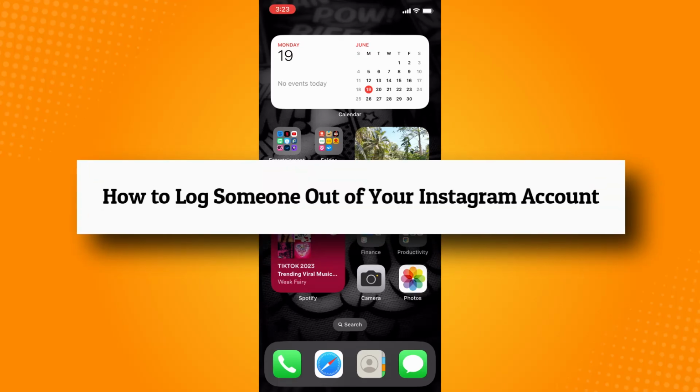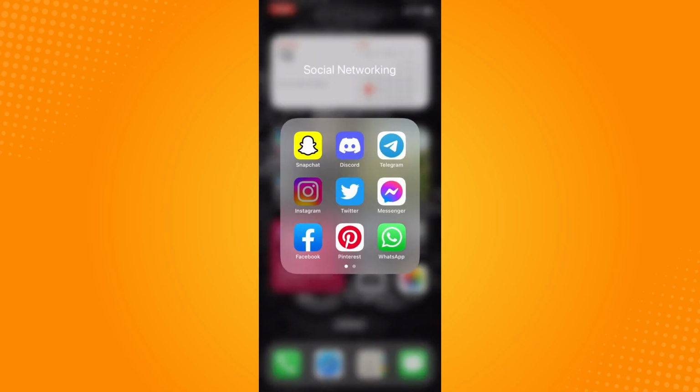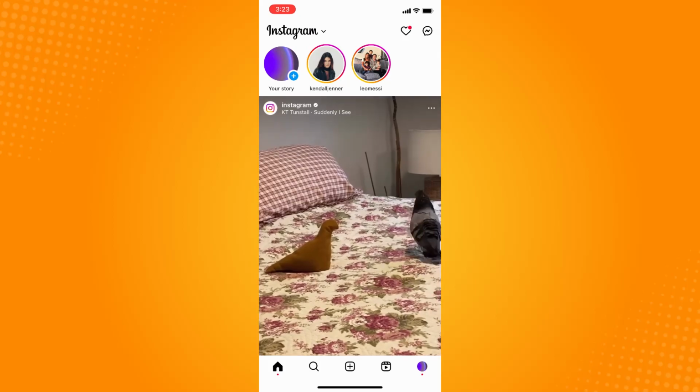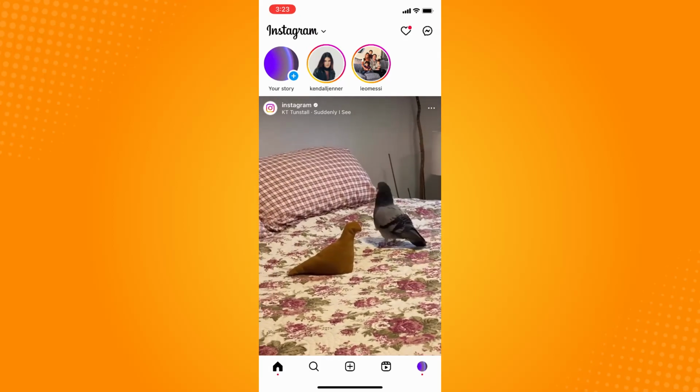How to log someone out of your Instagram account. So all you have to do is go to your Instagram application directly. It will lead you to your homepage, right? Now the next thing that you want to do is, on the bottom part, you'll see your profile icon there,